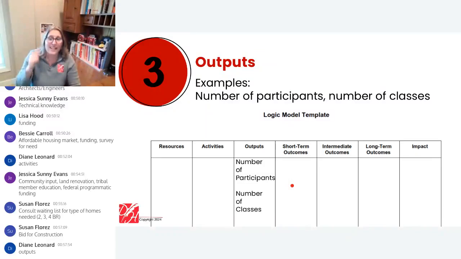Oh, but I can sense your question. Diane, you had multiple types of classes. Yes, I did. Should we just smush it all into number of classes? You could, but I also could say number of nutrition classes, and I could in my outputs also say the number of exercise classes, and I could also say the number of stress reduction workshops. Yes, you're right, that is so much clearer. So go ahead.